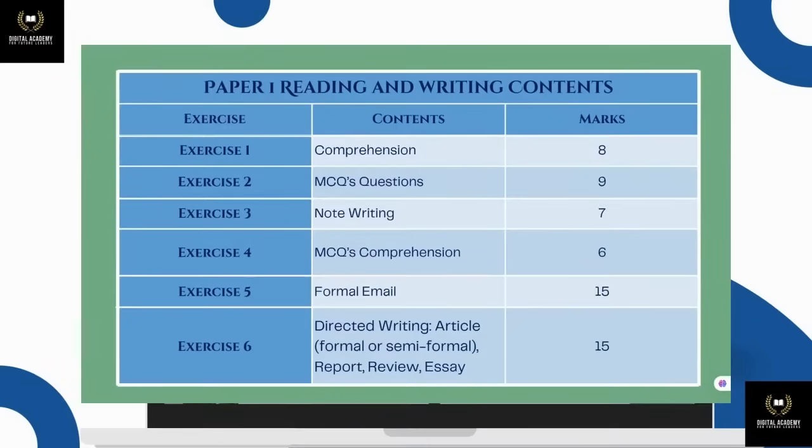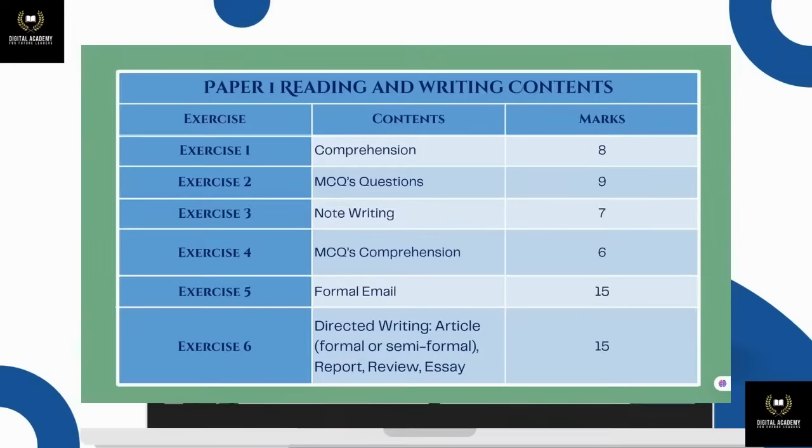And exercise 4 has recently been changed from summary to MCQs comprehension consisting 6 marks. Exercise 5 has also been recently changed from email to specifically formal emails, consisting of 15 marks.